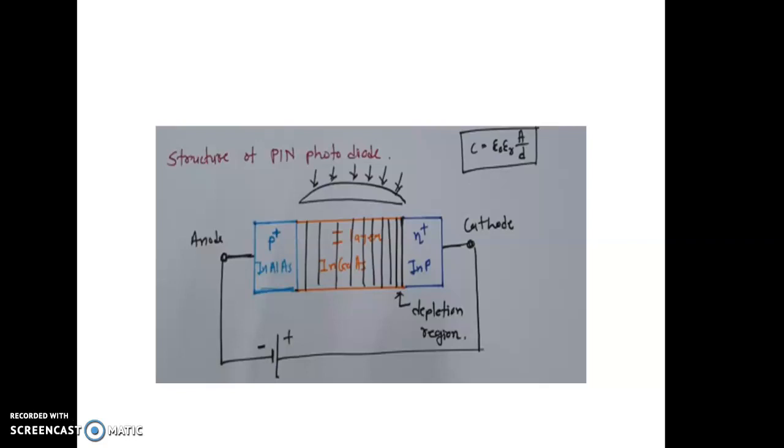As the depletion layer increases, current is increased due to the photons. The depletion is very large because of the minority carriers generated in P plus and N plus. And if we connect it in forward bias, then under the forward bias condition, current will be minimum,